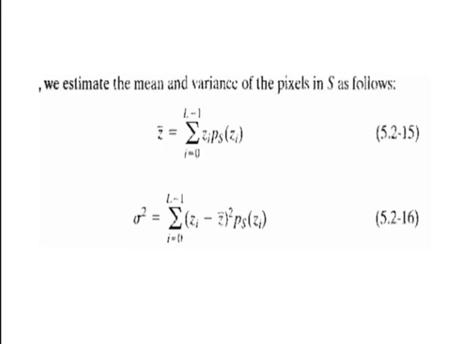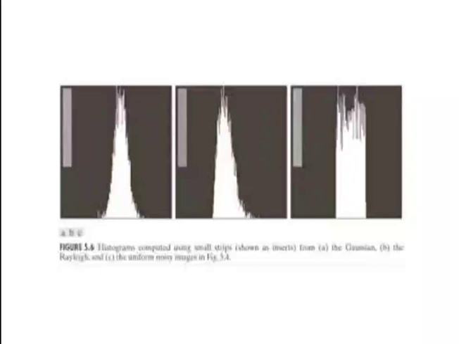Then the next topic is restoration in the presence of noise only, spatial filtering. When the only degradation present in an image is noise, then g(x,y) is equal to f(x,y) plus eta(x,y), and G(u,v) is equal to F(u,v) plus N(u,v). The noise